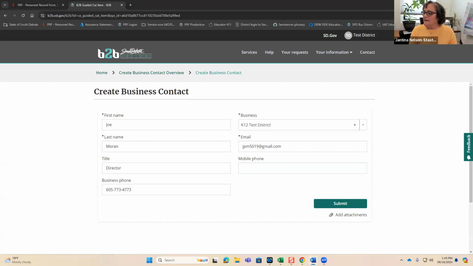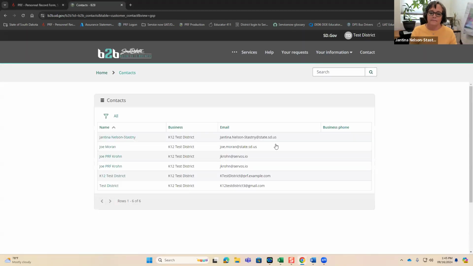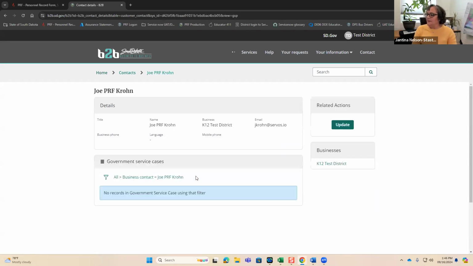Now, if we want to take away someone's permissions, you have to click on your information and then go to the contacts. And I'm going to take away Joe Cron's permissions. So you click on the name of the contact you'd like to update.